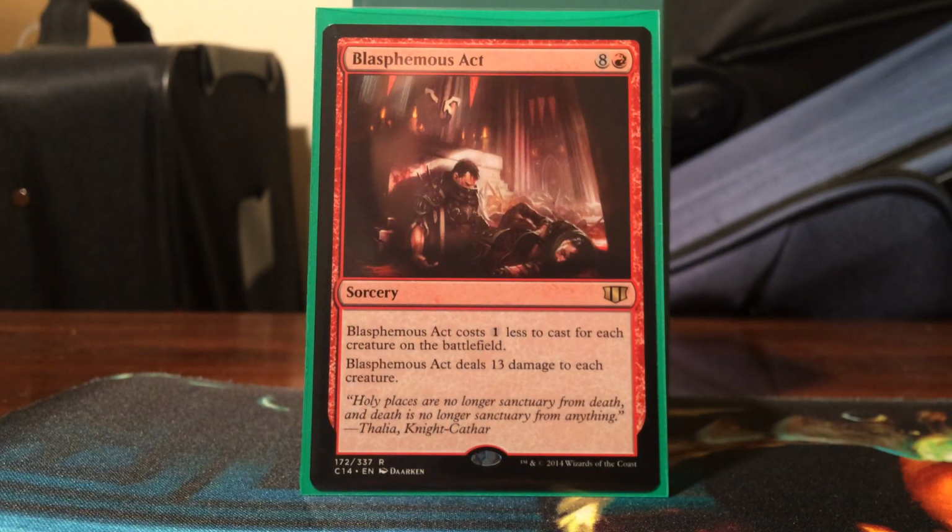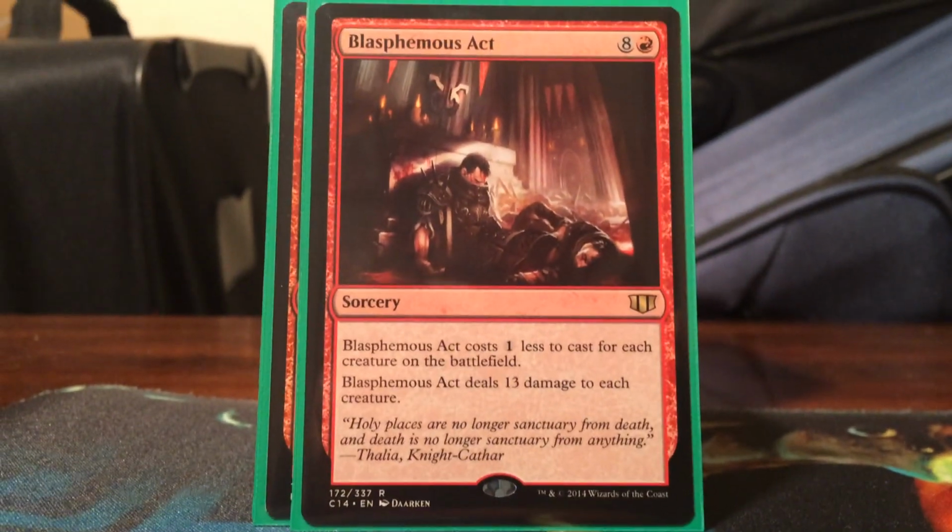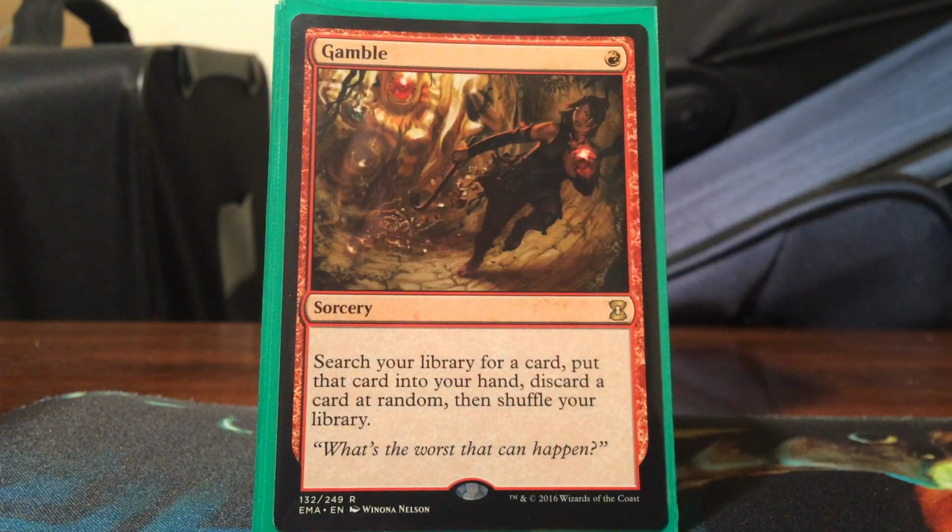Next is Blasphemous Act, just a very, very cheap Wrath spell. I don't know how many times I've cast this for one. It's solid. It's a great card. Alright, I'll move us in a little bit more. Sorry about that. Alright, now into the card advantage,